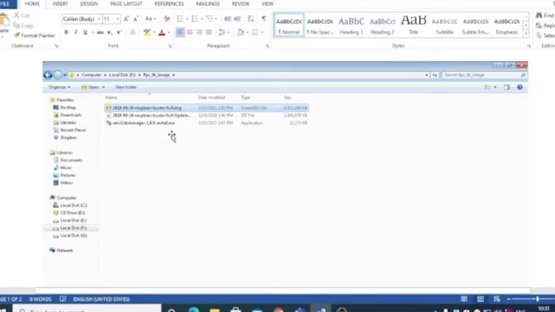So for installation you have to download an operating system from the internet, right? Various operating systems are available. Based on your version of the Raspberry Pi board, you have to select the appropriate OS. Here you can see I have downloaded one such operating system. It is actually an ISO file. Along with it, you also have to use software named Win32 Disk Imager. Using this Win32 Disk Imager, you can write your operating system onto the SD card for the Raspberry Pi board.